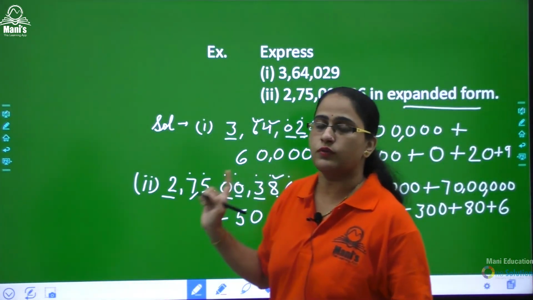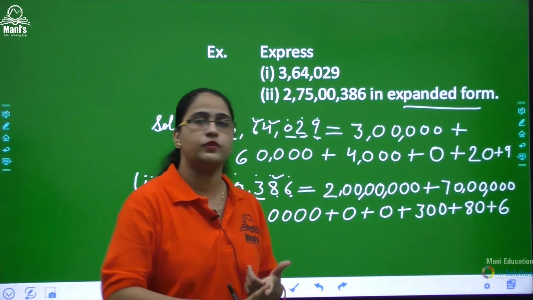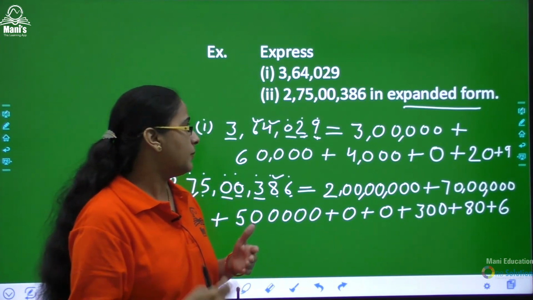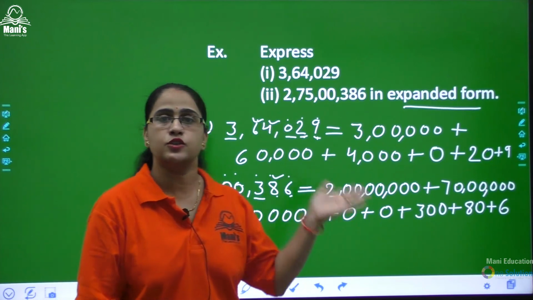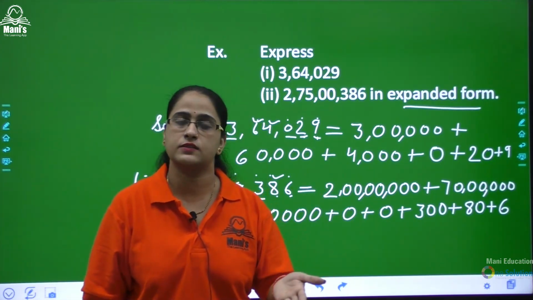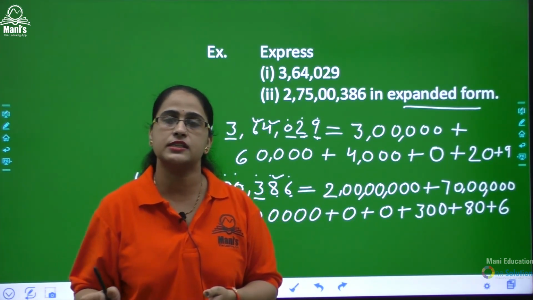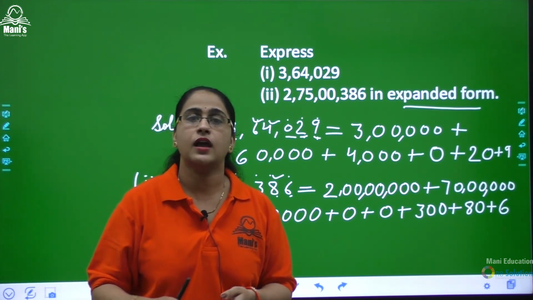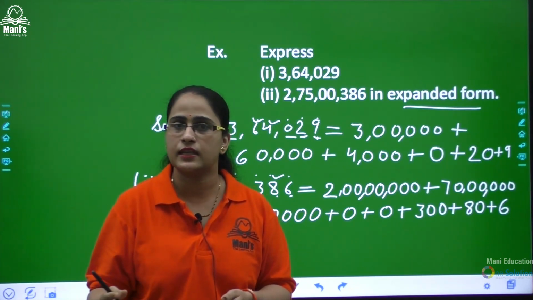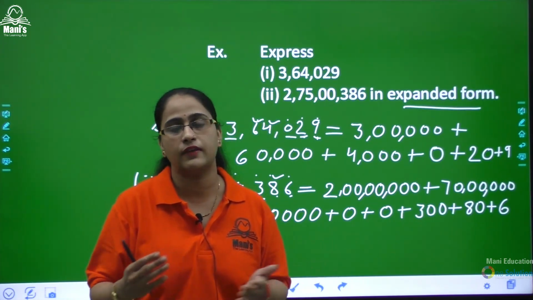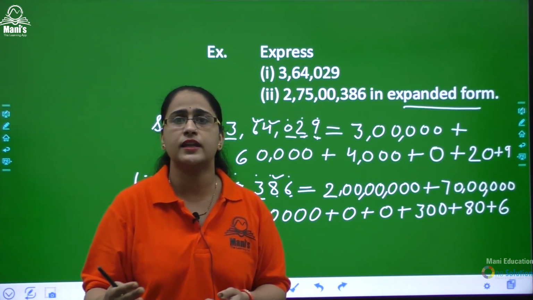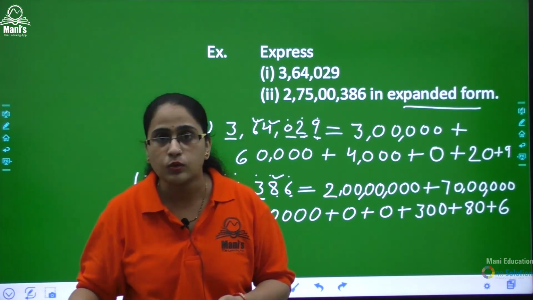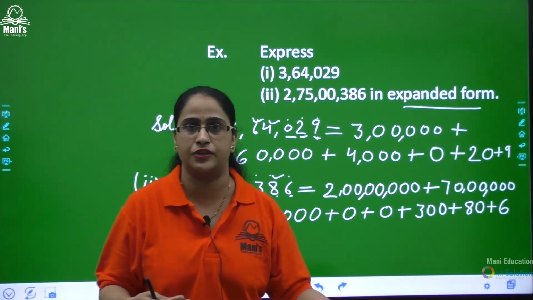Okay students, today we discussed how we have to identify the face value and place value, and we discussed how to put the commas. In tomorrow's class, the next class, we will discuss the international system of representation of numbers, and how to make numbers. Means digits are given, as you know, 0 to 9 are the digits, and we have to show how we can make the greatest number or the smallest number without repetition and with the help of repetition. Thank you.